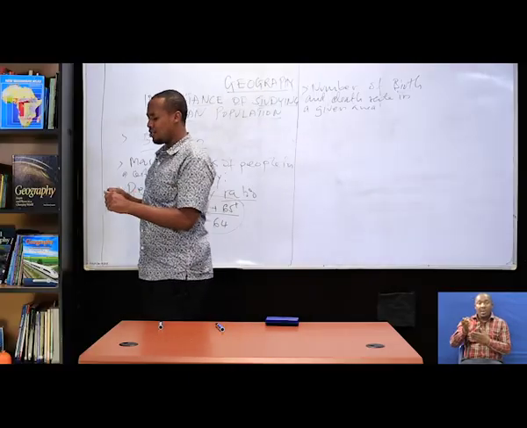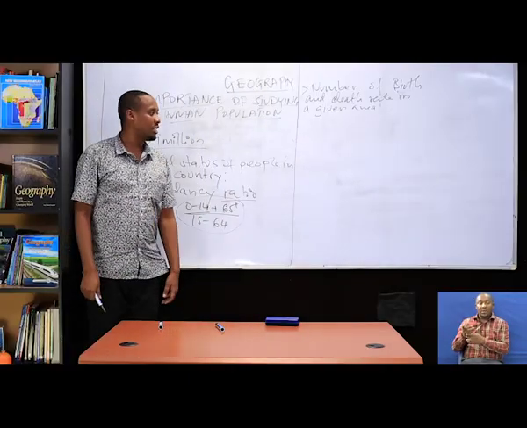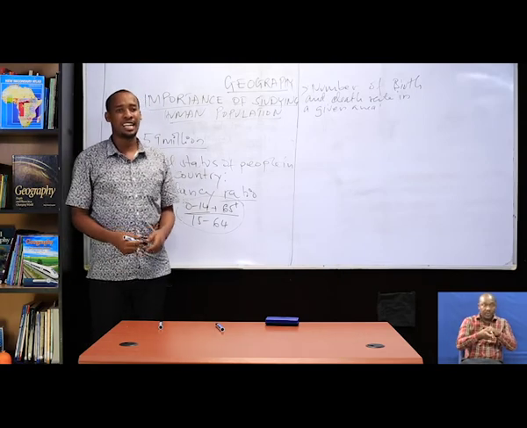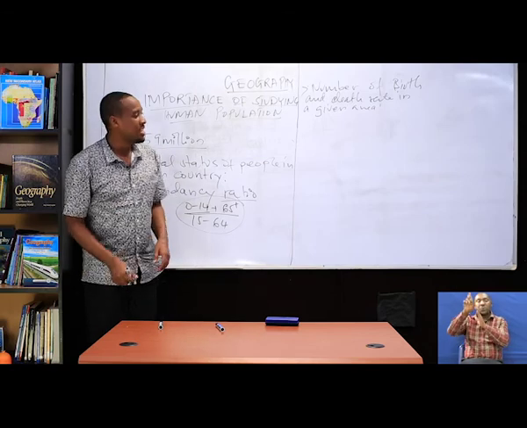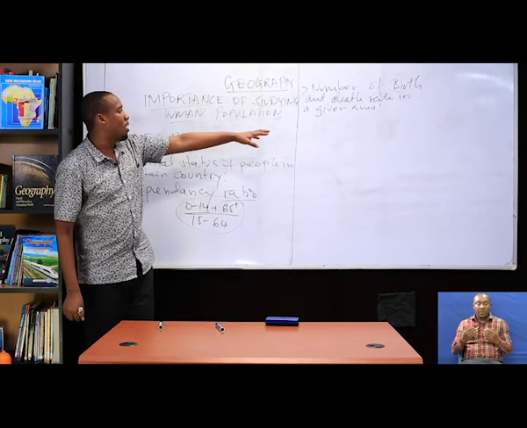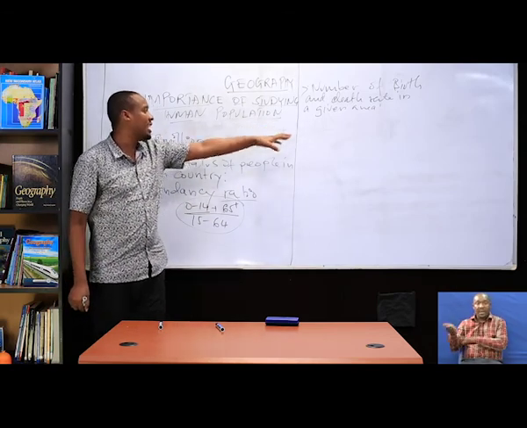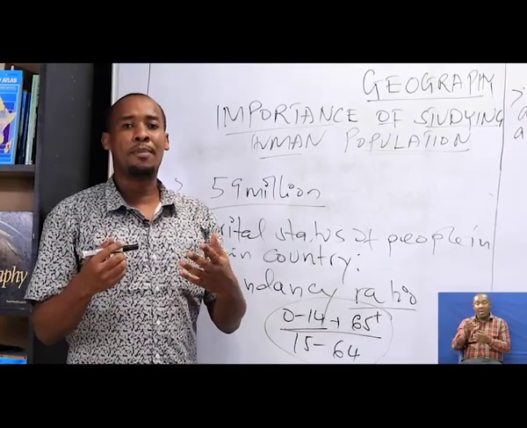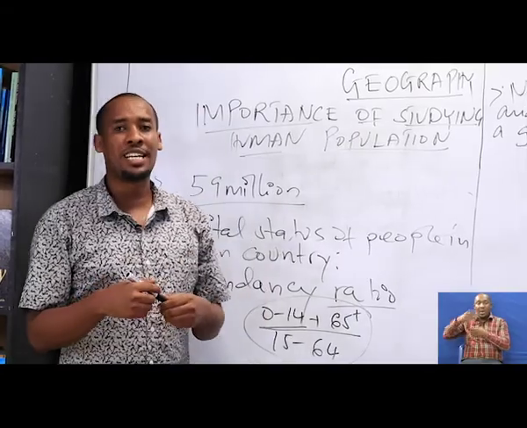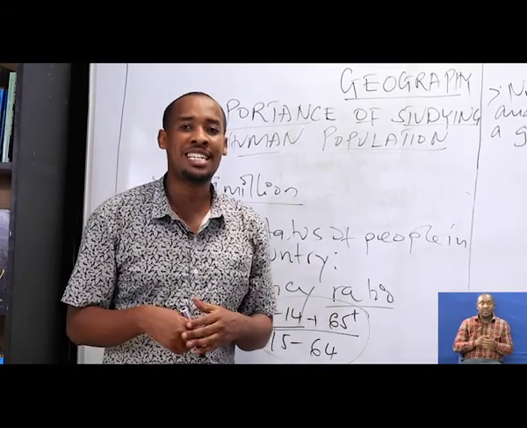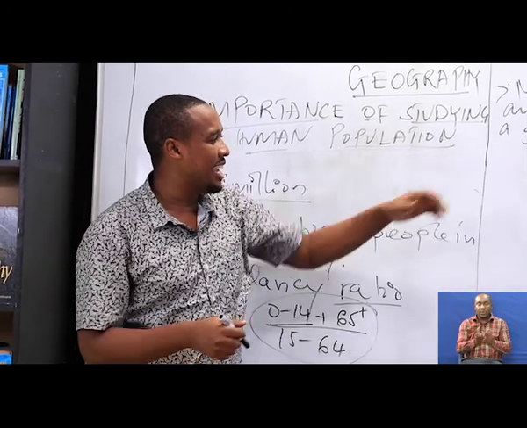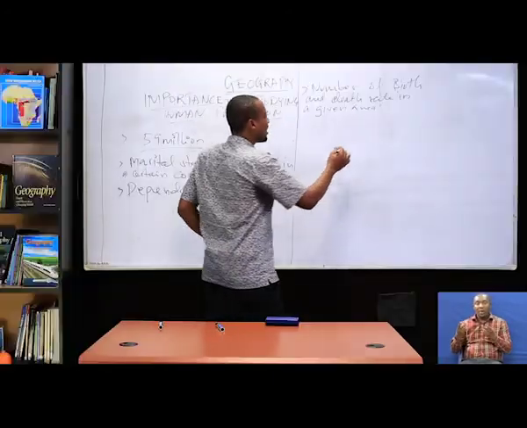Remember we said one of the characteristics of human populations is that it can change over time. It can increase or decrease over time. Through knowing the birth rate and death rate, someone may be aware of the number of people added to a population or the number of people decreased in a population. Not only birth and death rate, also it can include as well, what?